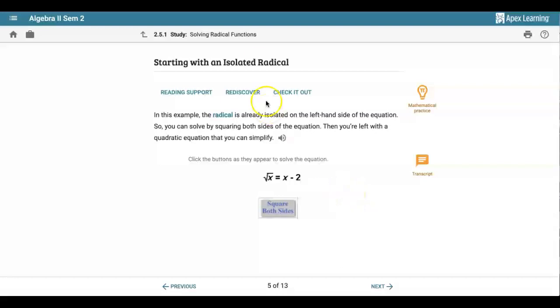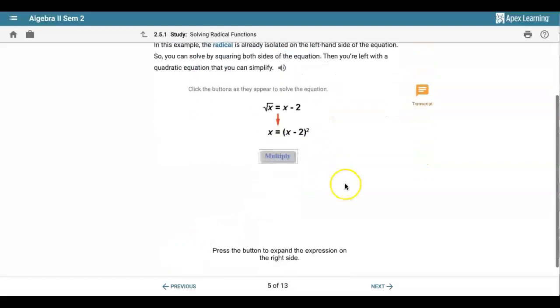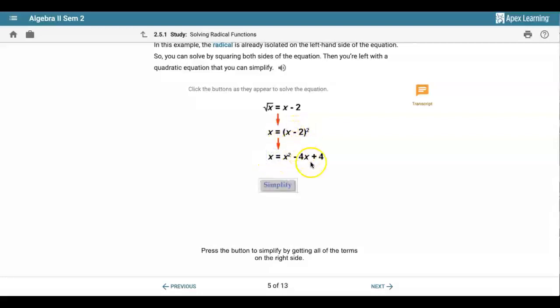So here, we can start with an isolated radical, and we've got x on both sides here. We're still going to follow through the same processes. Let's square both sides. We'll square both sides, and then we need to multiply this out, our x minus 2 times x minus 2. If I FOIL that out, this is what I'm left with here. Then I'm going to simplify by bringing this x to the other side, because if I bring it to the other side, look,